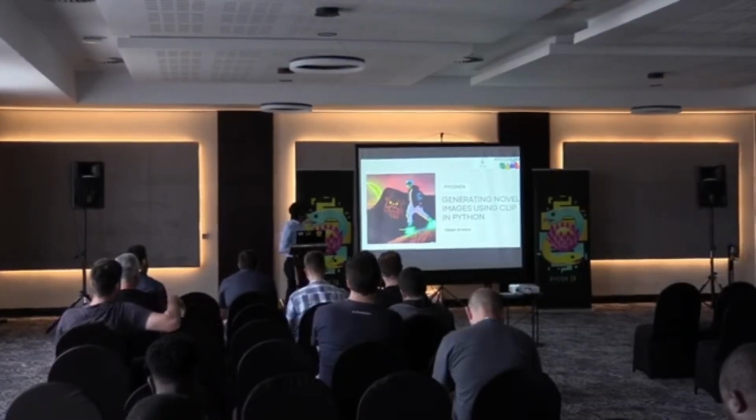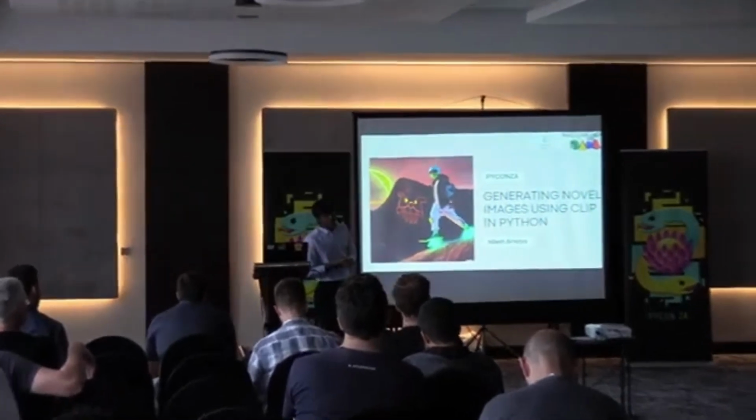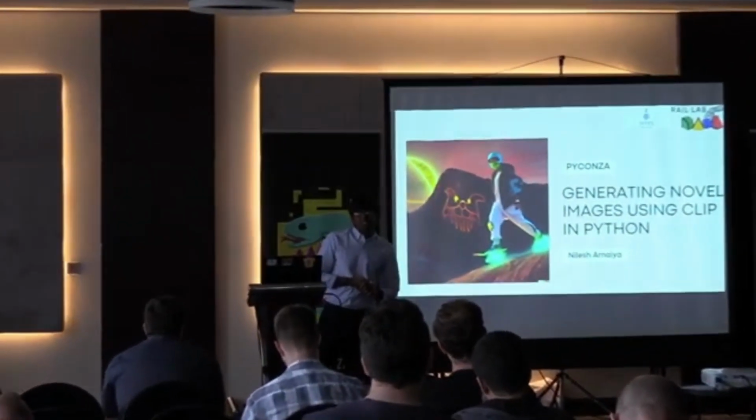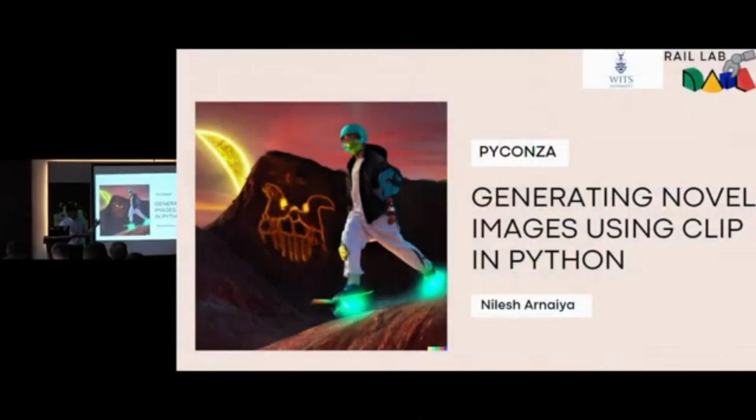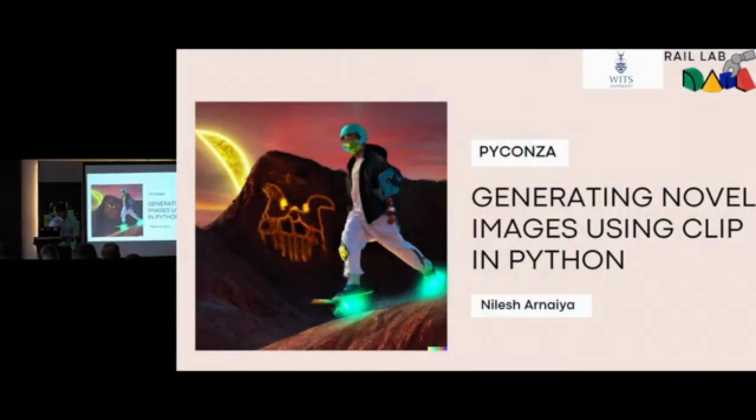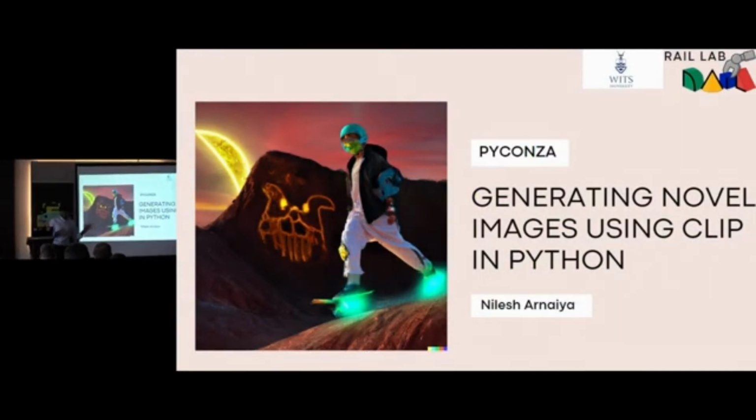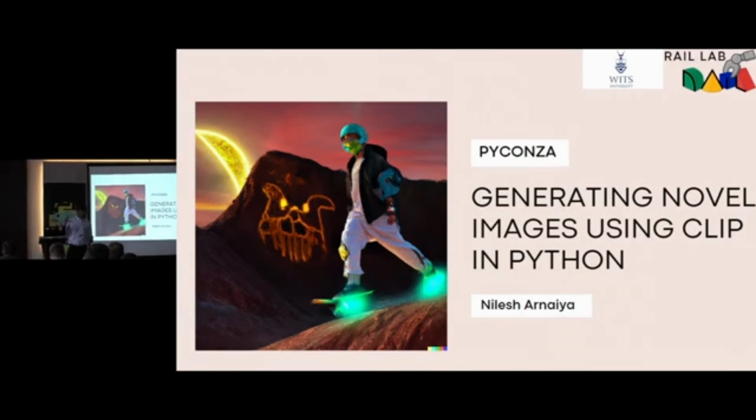So yeah, my talk is about generating novel images. Now, if you have been living under a rock, then you would probably not know this, but this is cool stuff, probably the hottest topic right now in AI. Generating images from text, so just text to image. And recently there's been a boom in AI art. It's certainly like deep learning back in 2012.